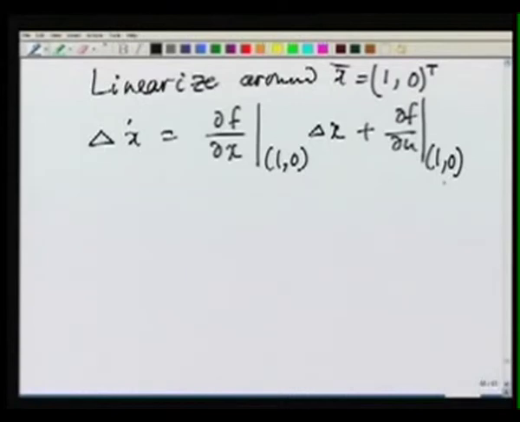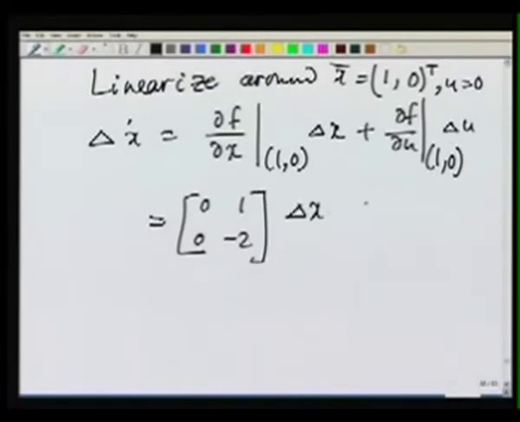So we are not writing the input here because u we have assumed to be 0. We are linearizing around the equilibrium point 1 0 and u is 0. So that is the question that is asked to you, delta u. So if you see that, it will be del f by del x. If you compute that, please verify, this will be your A matrix, and B matrix is